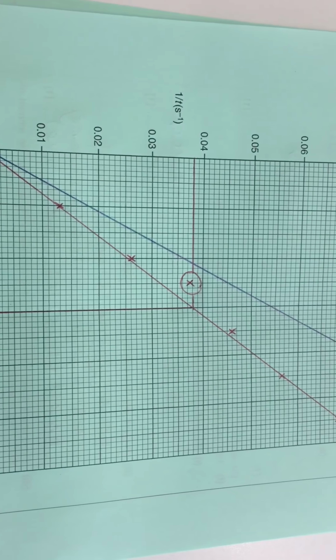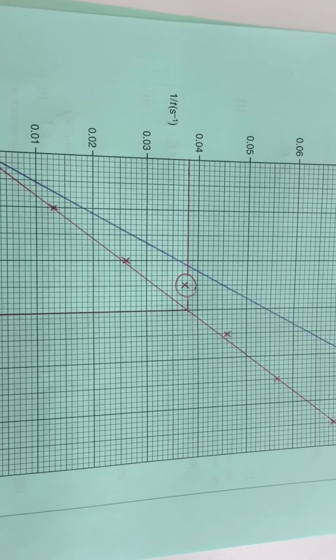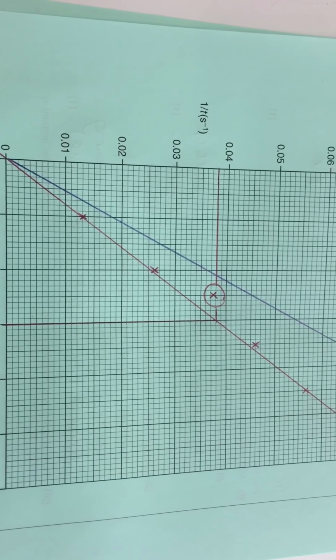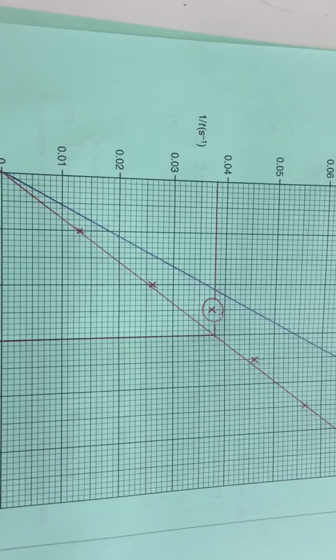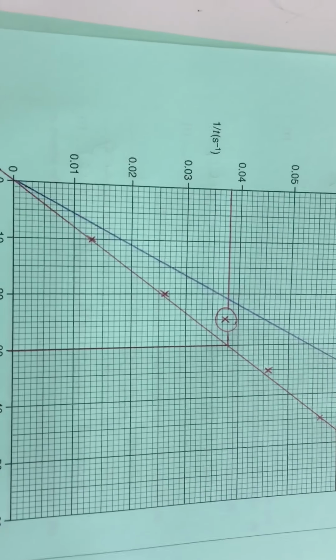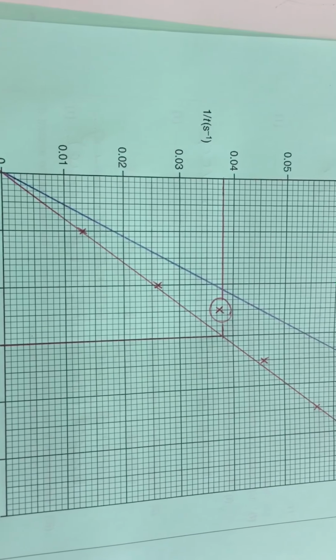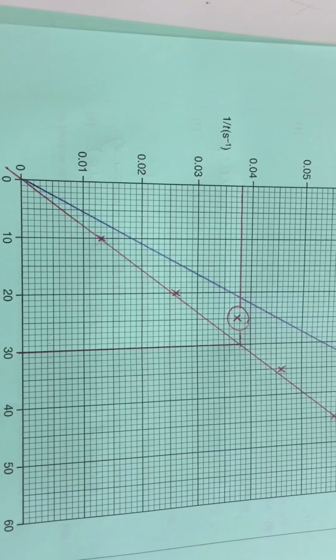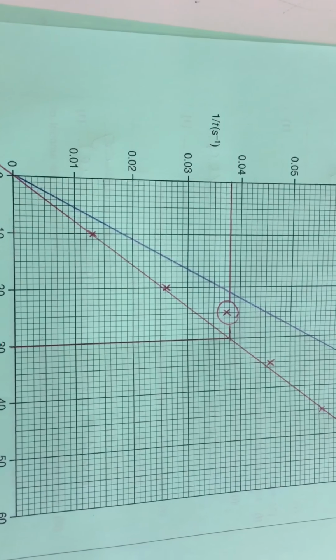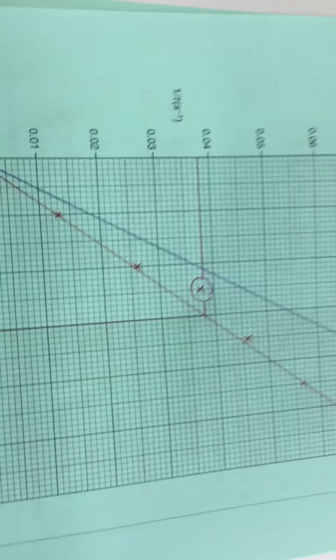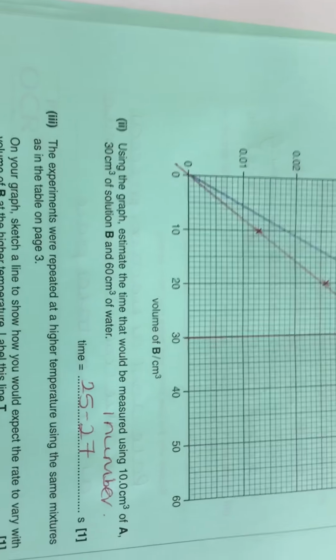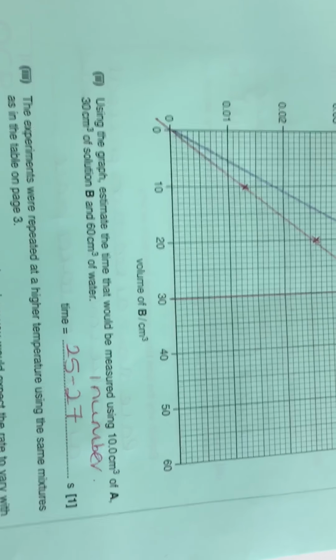It's going through as many points as possible, and we've circled the anomaly that we have got there at 25 seconds to suggest that there was an issue with that particular experiment. The line of best fit must go through 0, 0, or you cannot have the marks for this section. The next part of the question is asking us to use the graph, that gives you a clue, to estimate